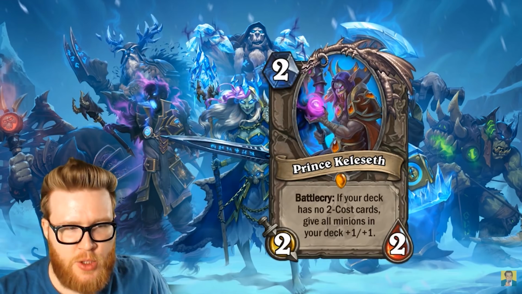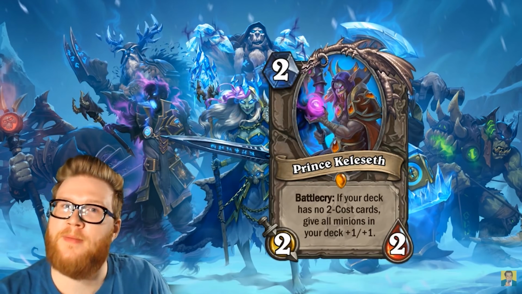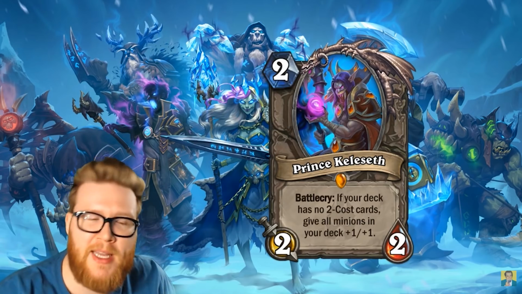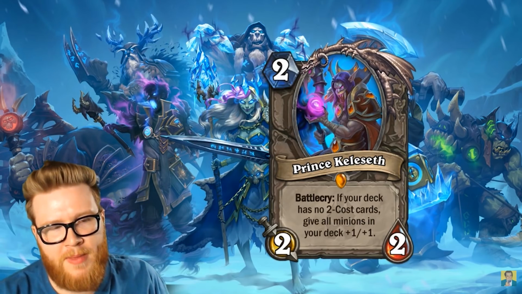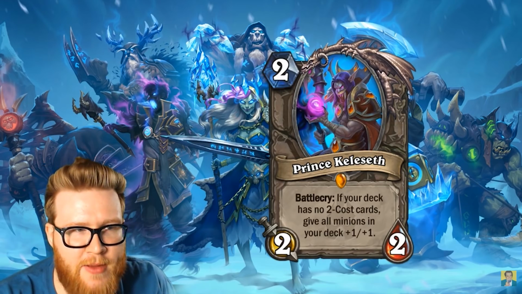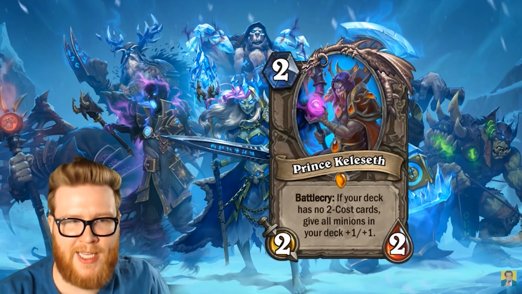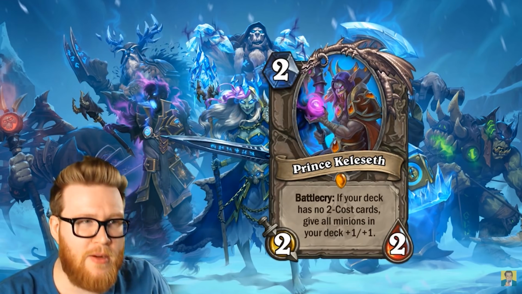If your deck has no 2-cost cards, other than this one presumably, so what's left in your deck, not at the beginning of the game, give all minions in your deck +1/+1. So this is essentially another deck manipulation card like we've seen with Reno or Kazakis, where if you meet a condition with your deck...